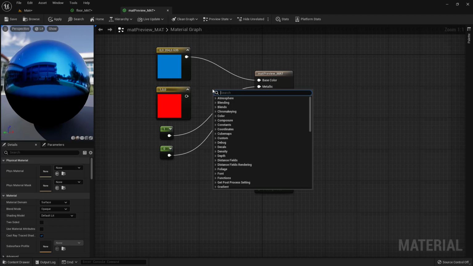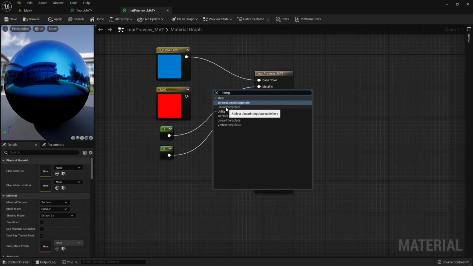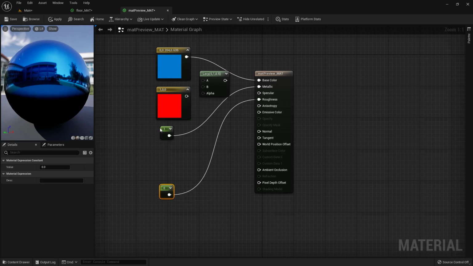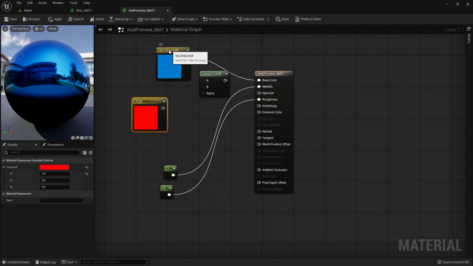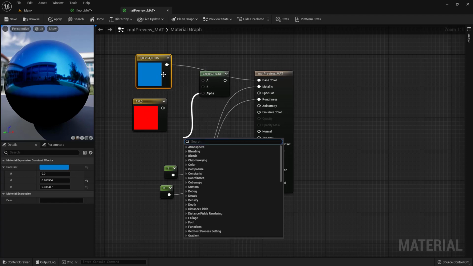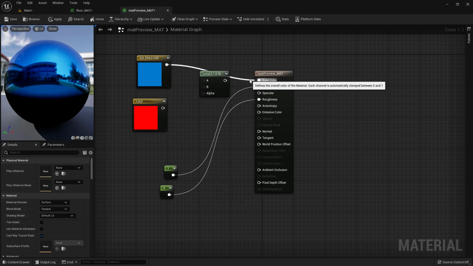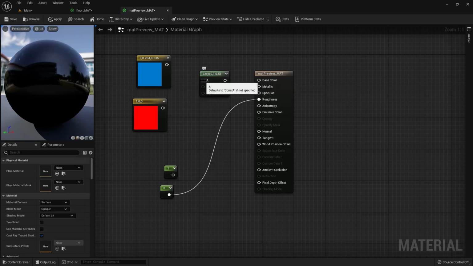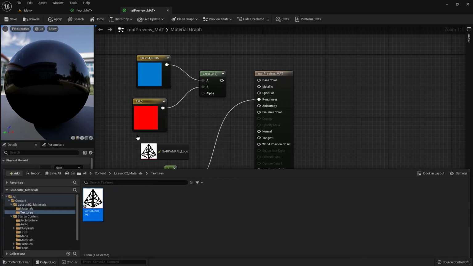If I press tab and type in interpolate, we have linear interpolate. That's a very useful node because it allows you to have channel A, channel B, and a black and white alpha channel to mask between the two. So I can press Alt, click, and probably deactivate metalness as well. Channel A goes to blue, channel B goes to red, and now I can just drag and drop my textures in there